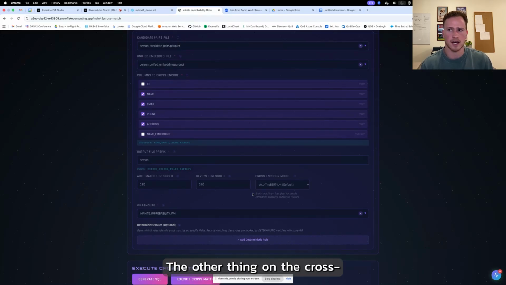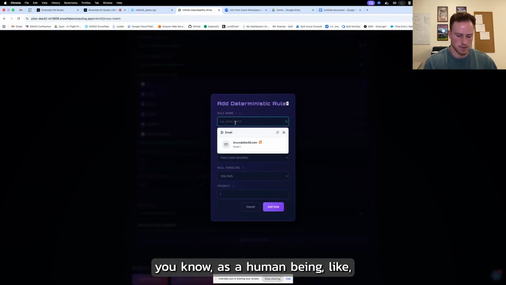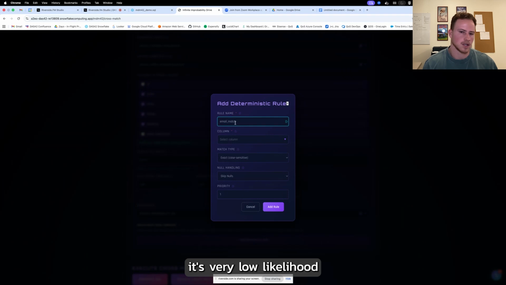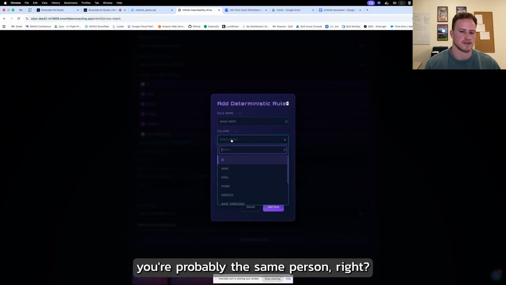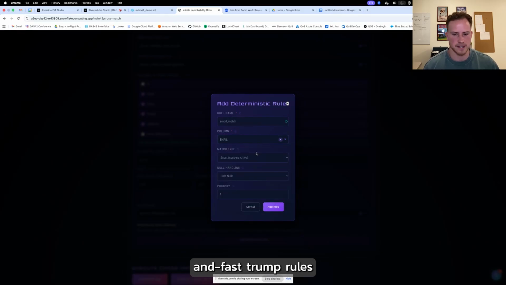The other thing on the cross match is you can insert some hard and fast trump rules. Right now we're basically saying, if you semantically think that these are the same, then they're the same, and mark it accordingly. But for people, I know as a human being that if you have the exact same email address as some other person in some other system, you're probably the same person, right? So I'm going to create a couple of hard and fast, deterministic trump rules.